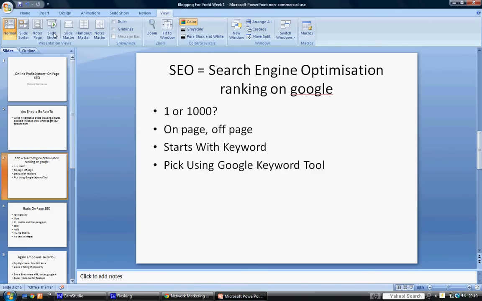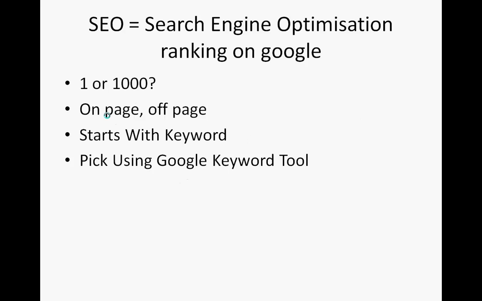We're going to start off with what we call on-page SEO. Now, SEO is search engine optimization, basically how you rank on Google. We have what's called keywords. So if we keep using the stay-at-home mum example, if you're a single parent mother and typed in single parent mother blogs, you would want your blog to come near the top. Or, if you were looking at topics they would be interested in, maybe how does a single mum get more free time,